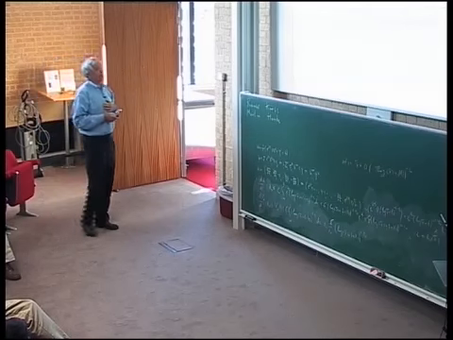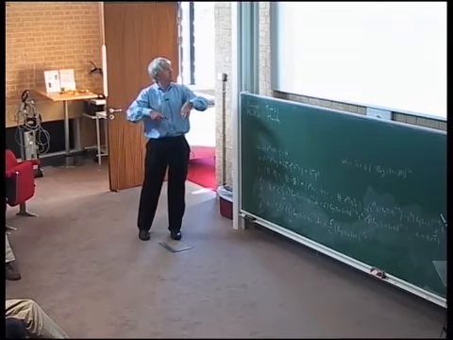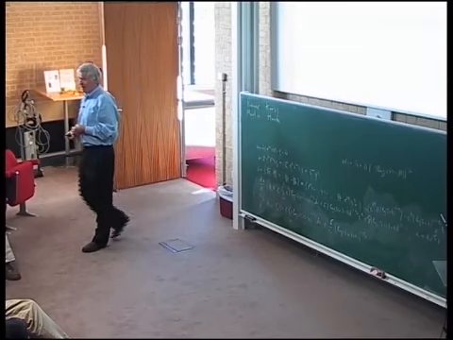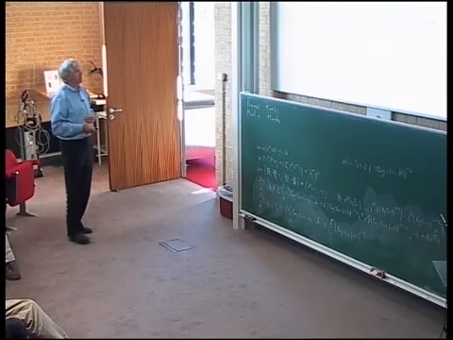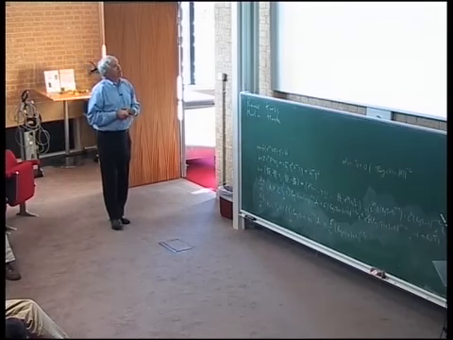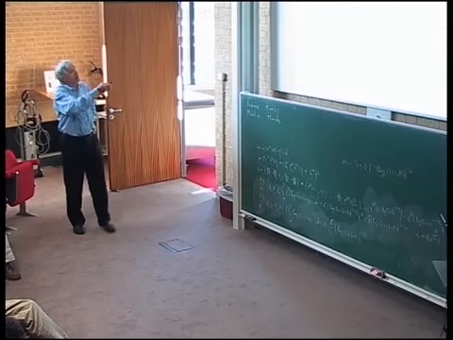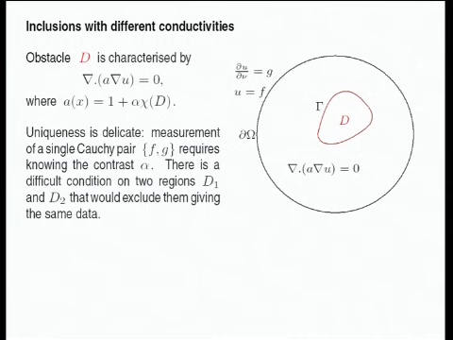So you cannot extend U as a harmonic function into all the inside. There's a singularity, and this is what I'm going to be zeroing in on. Of course, I could have a conductivity that was 1 on the exterior, 2 here, so there's contrast. And again, I give you a single measurement and want to know if there's a possibility of recovering the shape